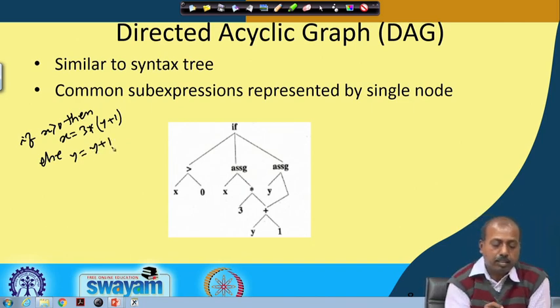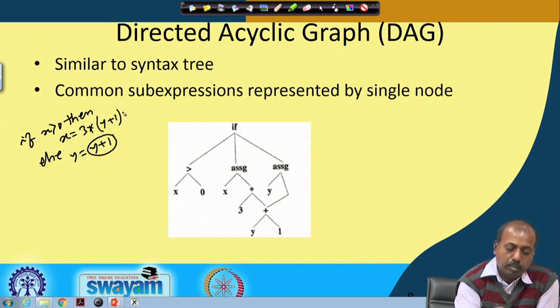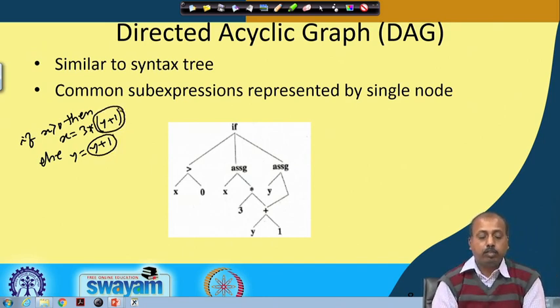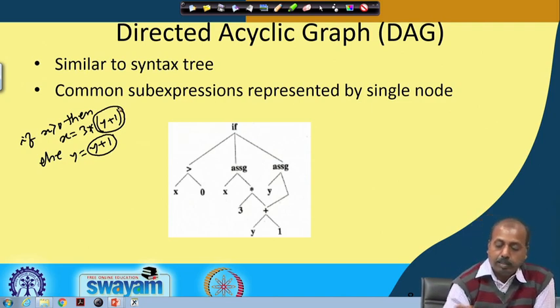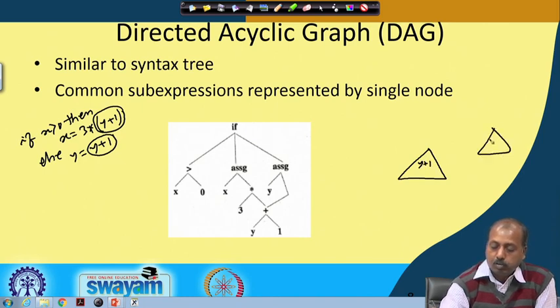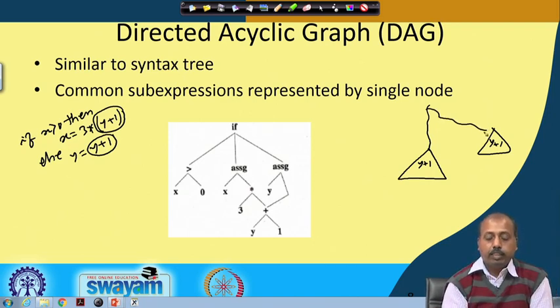Now, in this case, this y plus 1 expression is becoming common. If you look into the parse tree, in different portions of the parse tree I was evaluating this y plus 1, one in the then part and another in the else part. So, in both the parts we were evaluating that.